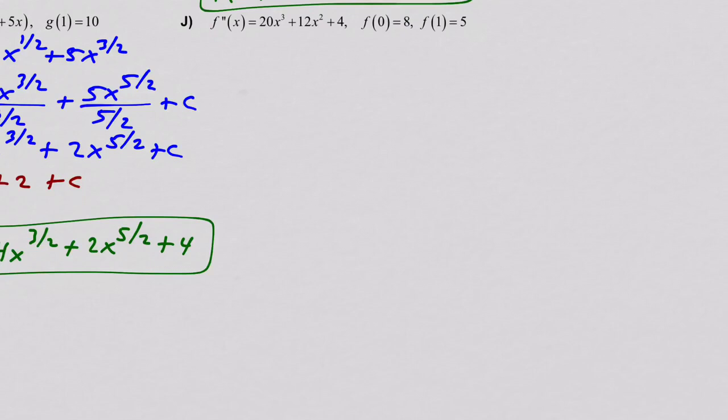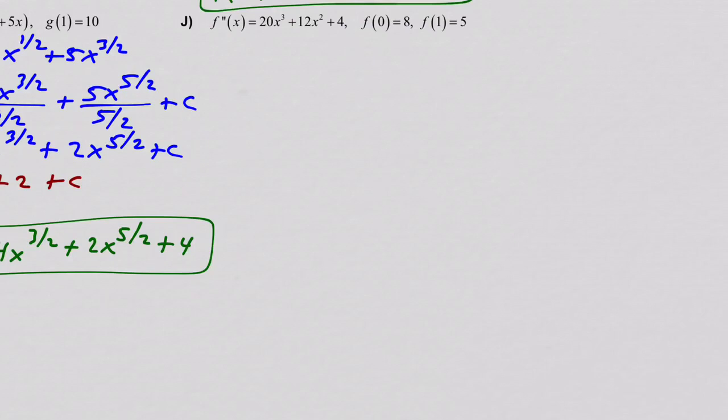All right, letter J, we're going to find, again, an original function. Now here we have two conditions. And keep in mind the two conditions, there's not an f prime in either one of these. So as we solve this and we get a general equation for f of x, we're going to have a c and a d, and that should help us. That should help us, this one especially, because it's 0 equaling 8. So let's go all the way through, get the general antiderivative, and then we'll use those two values to find